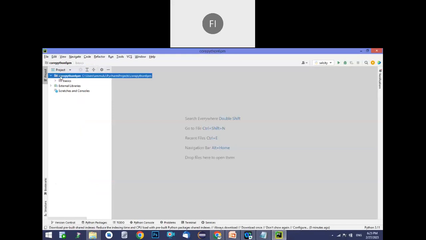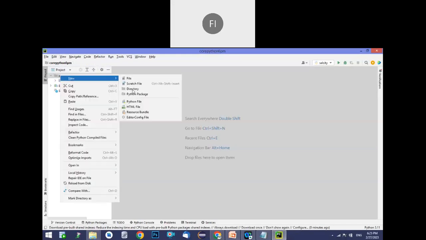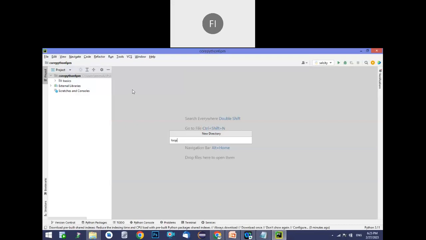So here I'm creating a subfolder called loops, where you can try some examples on loops. Very simple examples will start so that you can easily understand. Let's take an example: I want to print the odd numbers up to a given limit. For example, if I give 50 as a limit, I want to print all the odd numbers from 1 to 50. Similarly, if I enter 100, I want to print all the odd numbers from 1 to 100. For that, we should use some loop.